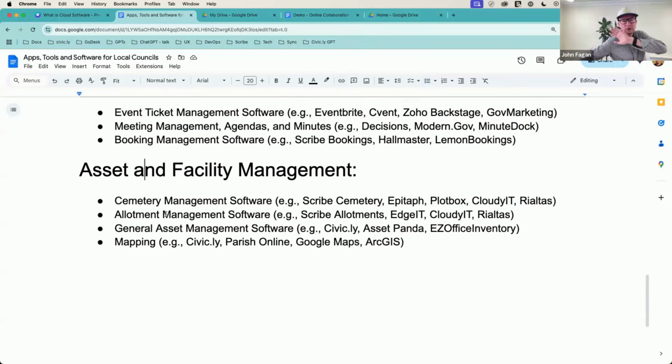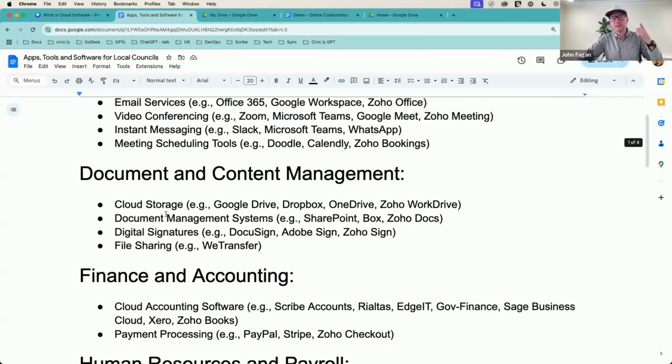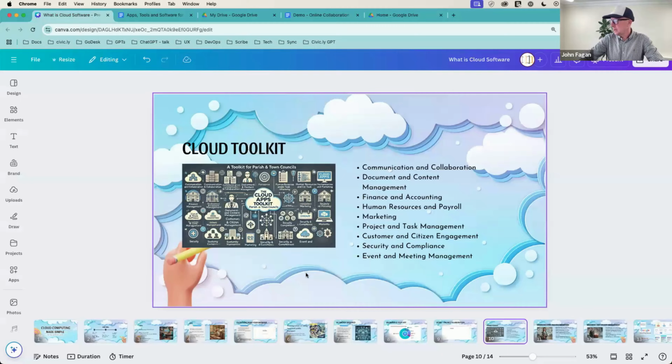So I'm going to work on this one, and do a nice diagram of all the logos. So it's all the tools that you could be using. We often see on the Clerks Corner, our Facebook group, people asking what tool to use for this, so I'm going to make a nice infographic in different sections so that you can see what's available.